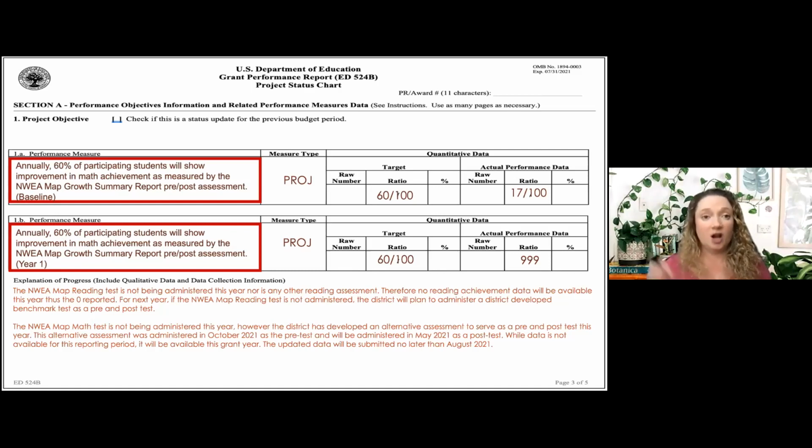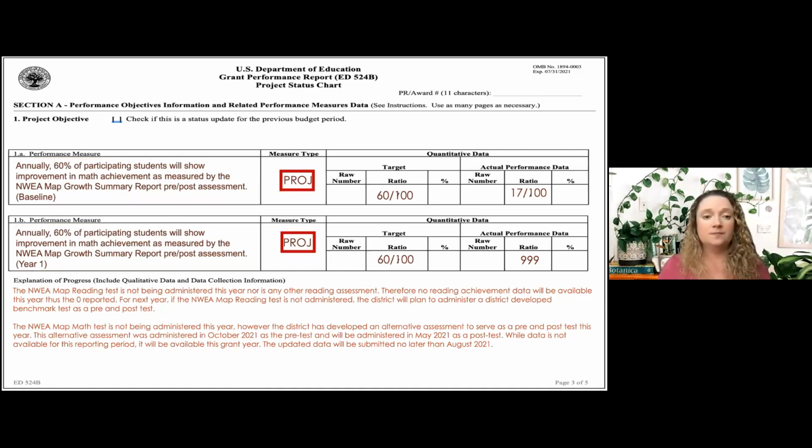Remember, for your project objectives, you have to report your baseline and your year 1, so before your ACE program existed and this first grant year. We've got the same one in each, just denoting the different reporting period. I've marked them as PROJ because they're my project objectives.